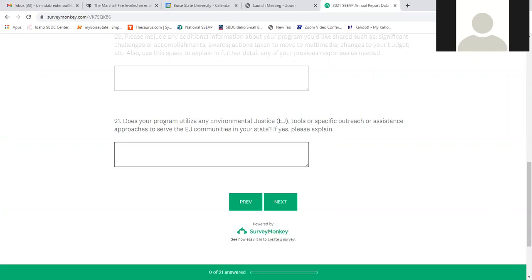If you're using a specific tool, we'd love to hear about that. If you're targeting your outreach to a specific group, engaging specific communities or community groups or whatever it might be, anything that you're doing that you really believe is focused on environmental justice, we would really love to hear that